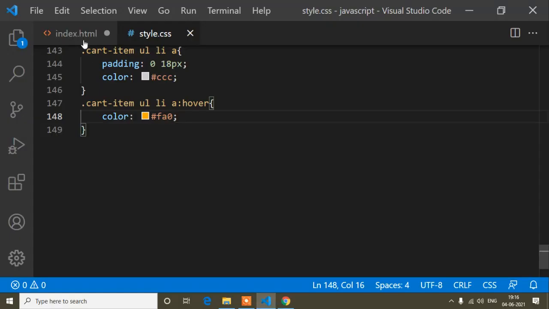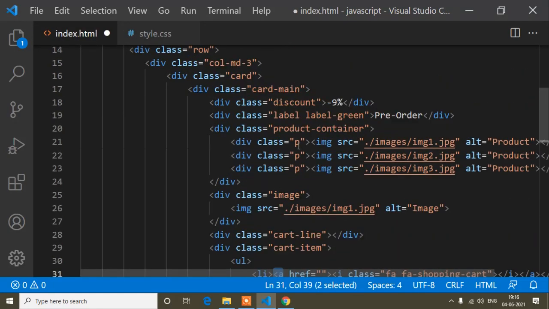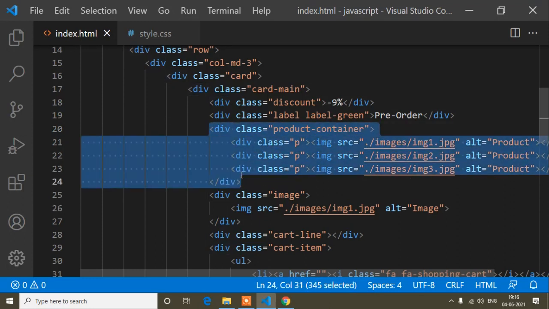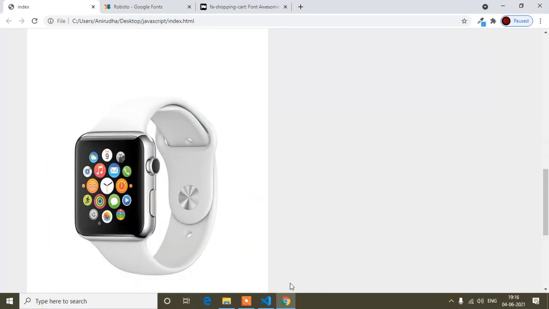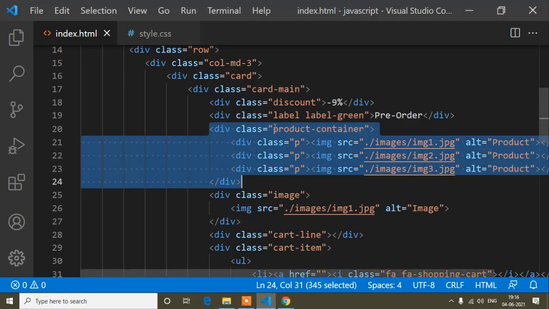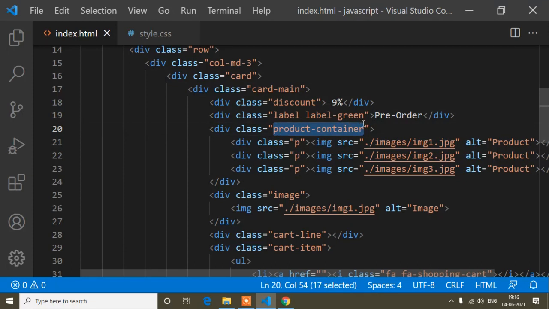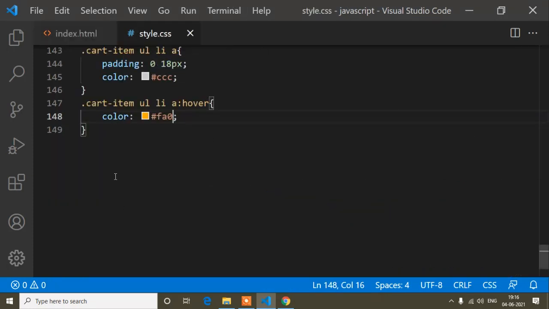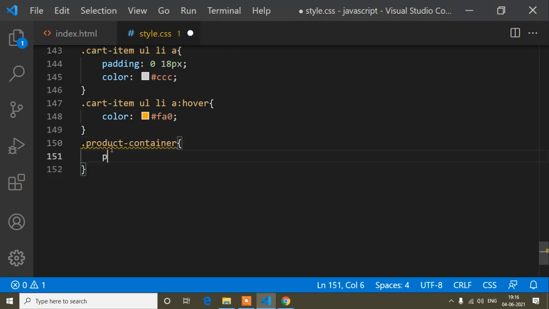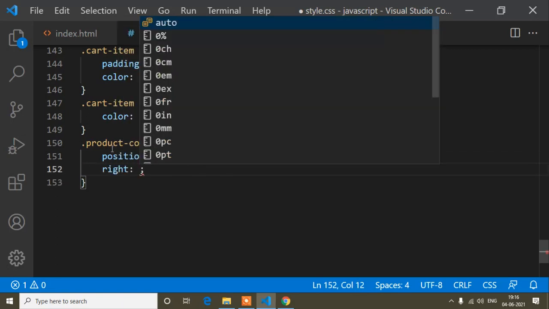And now guys, I will copy this product container. Now I will add the CSS for all these products. So I copied this product container class first of all, and I will paste it here. First of all, position absolute, because I have to set the position.